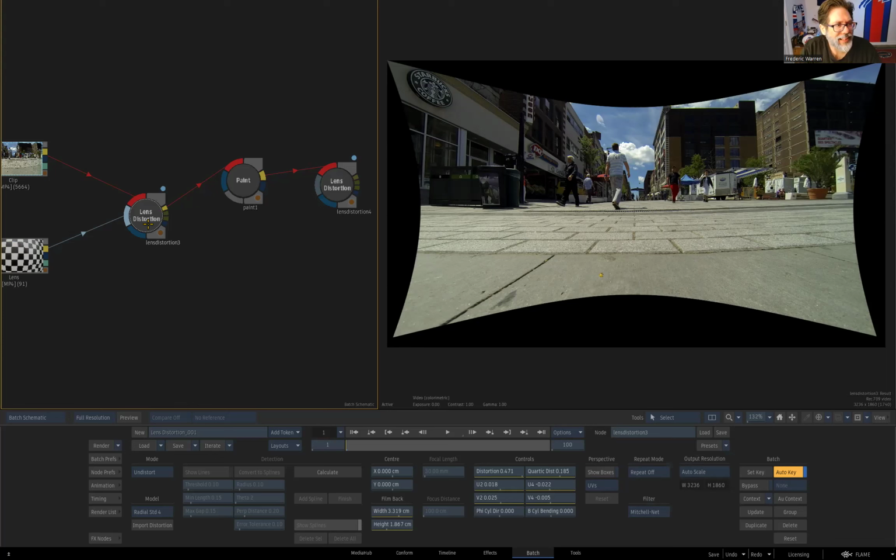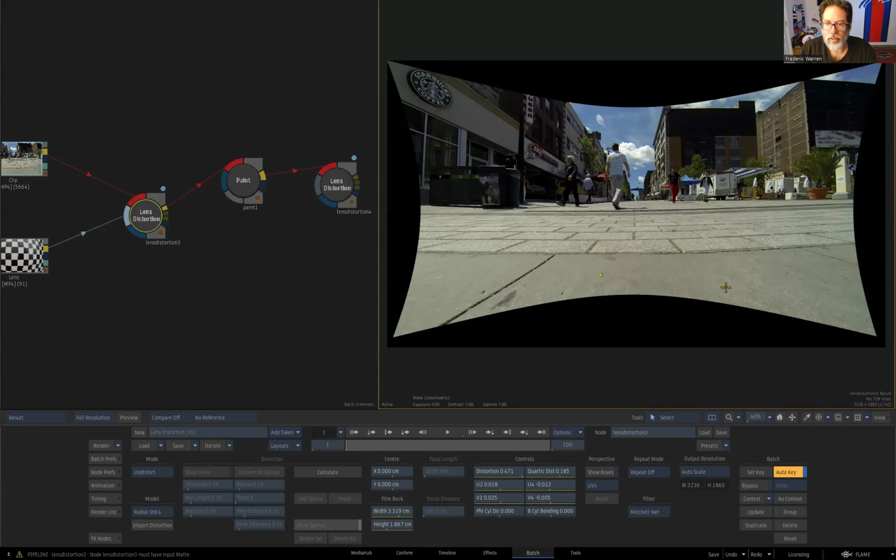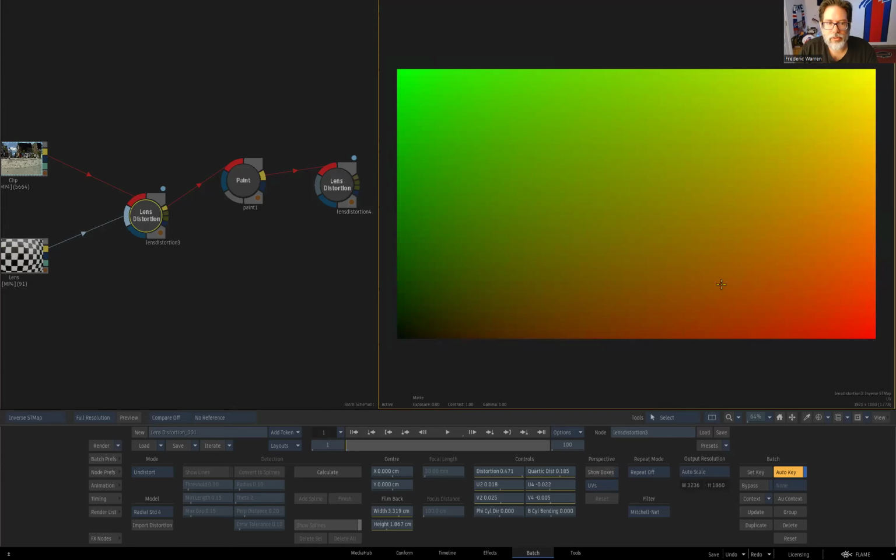If you look at the lens distortion node itself, you're gonna see that it has 4 outputs. So the result and the matte. The matte input and output are not for composition, but to apply the same distortion to a matte clip associated to your front. The two outputs in the middle are the STMap output and the inverse STMap output. So if we look at them with F4 here, cycling, so that's the STMap output, and that's the inverse STMap